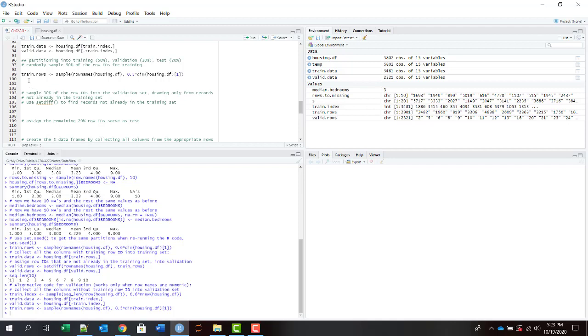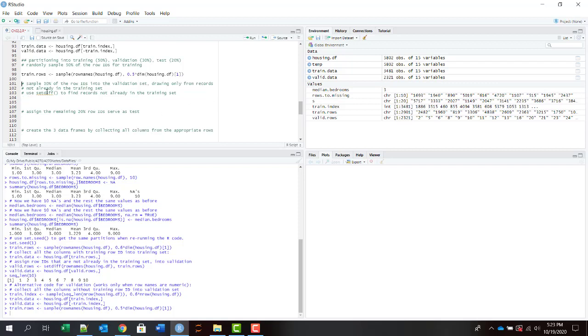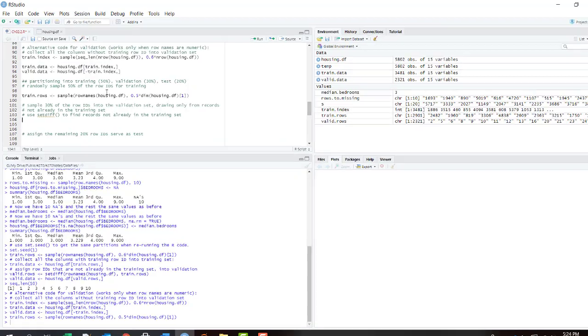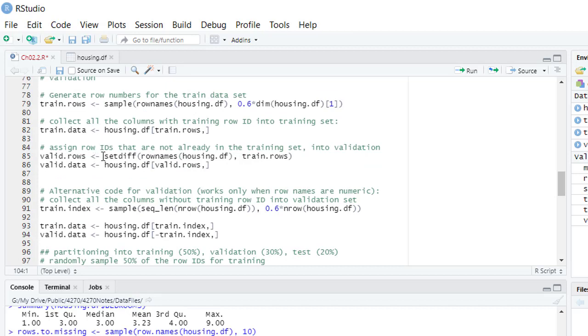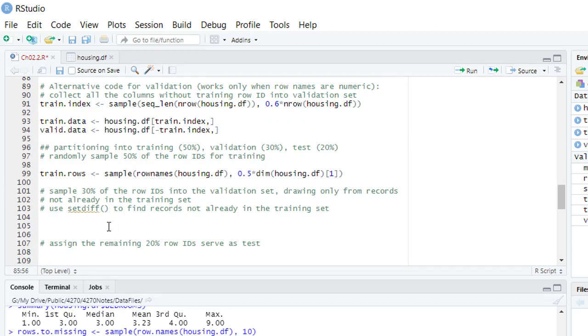Okay. Now valid rows, okay, so from the remaining we have to select 30%, and we want to use that for validate. So what we have to do is, okay, we're going to use the set diff. In the previous case we just simply did set diff and that was it, because we wanted the entirety of the difference. But now we want to take the set diff, we do want to do that, right? Valid rows set diff. Okay, so copy paste that, but then we want only,